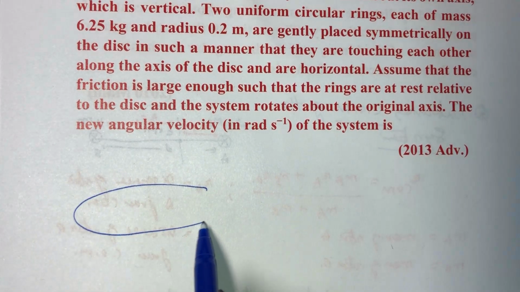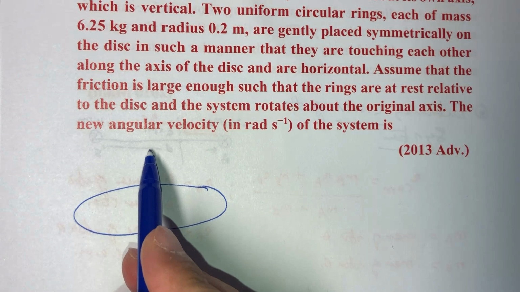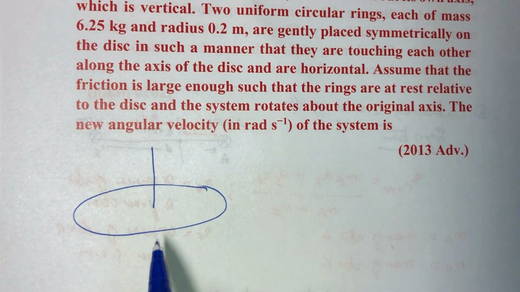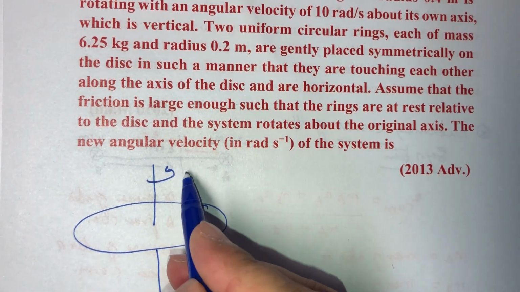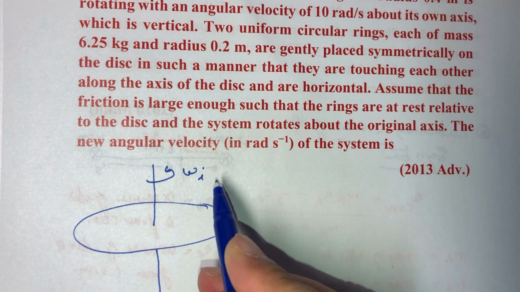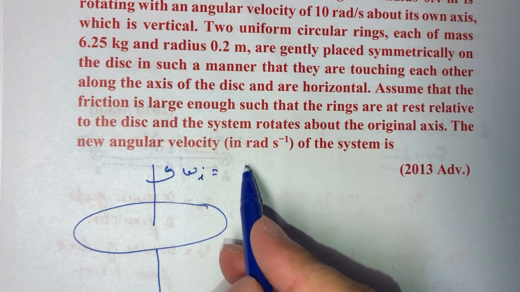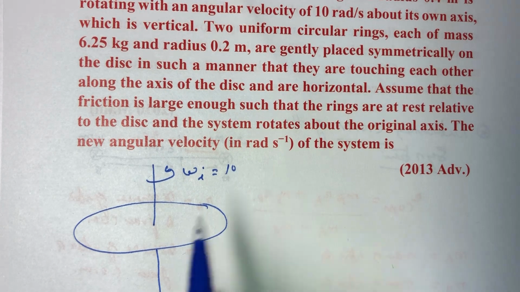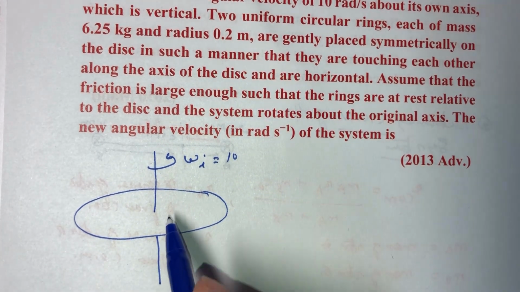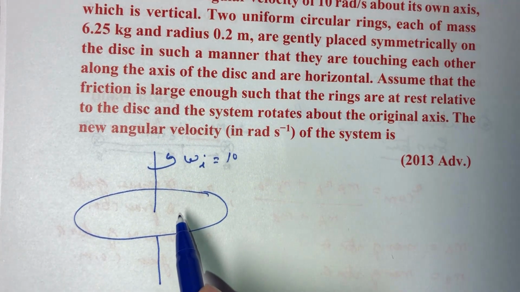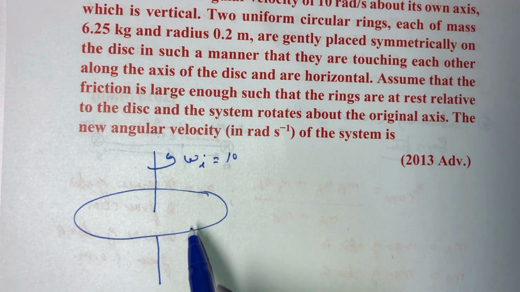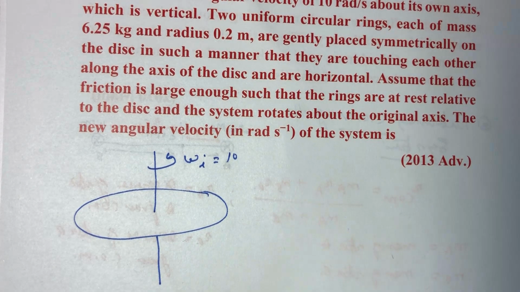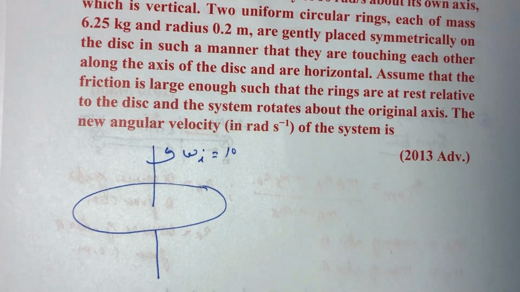Suppose this is the disc and it is rotating about the axis, which is given as vertical. Let us suppose it is having an angular velocity of omega i, which is given as 10 radian per second, and its mass is given as 50 kg. In the second part,